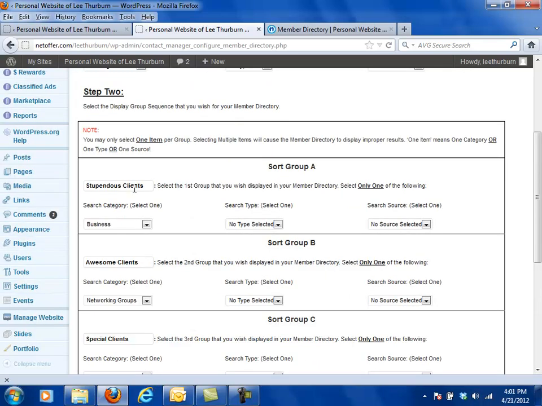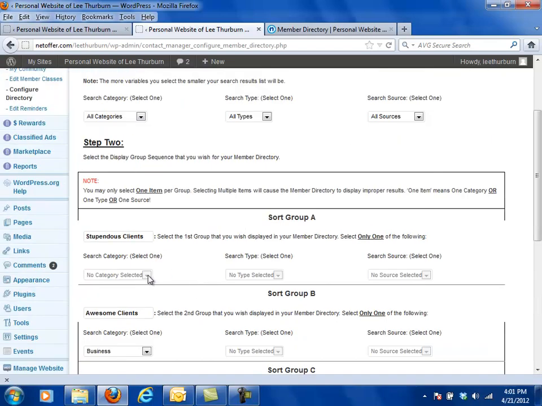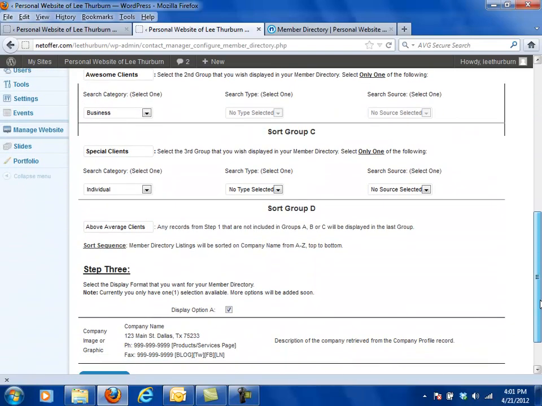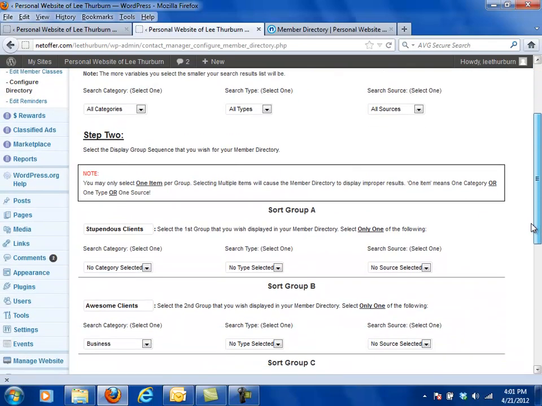Now, in our stupendous clients section, we're going to choose no category selected. We're going to choose businesses here. We're going to choose individuals here, and everybody else is going to be in the last group. Now, because I clicked one of these, I can't actually do anything with it until I save the settings. So I'm going to come down here and click Save the Settings, and now because I've saved the settings, I